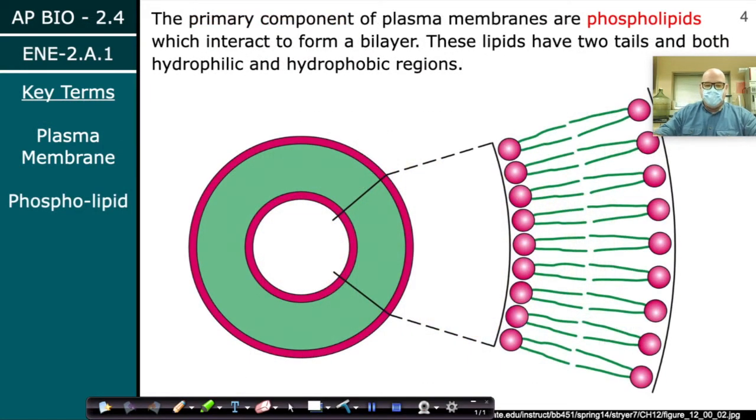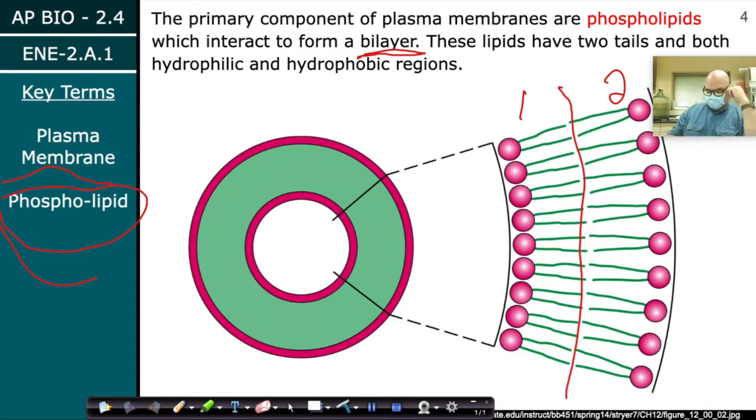Okay, so breaking down membranes, right now we're going to concentrate on what a phospholipid is. You've probably seen this maybe in a basic biology class. They make what's called a bilayer, which just means there are 2 layers. All of these lipids have 2 tails, so they look like a lollipop with 2 sticks. And they have a hydrophobic and a hydrophilic region. I often draw them with a little memory tool: I'll put a heart at the top,